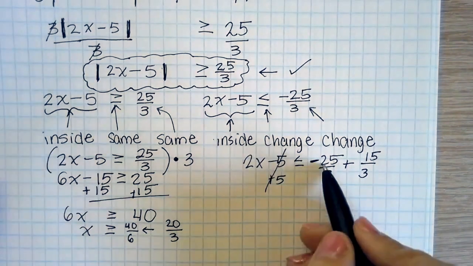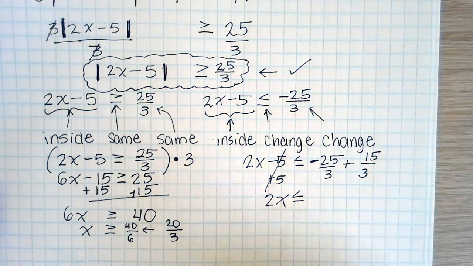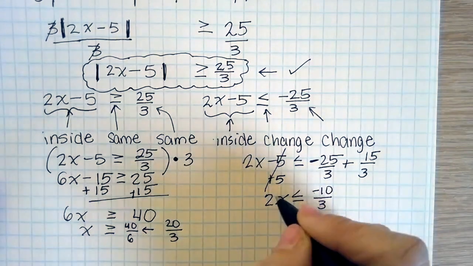Okay? So negative 25 plus 15. What does that get me? Negative 25 plus 15 is negative 10 over 3. Then here,